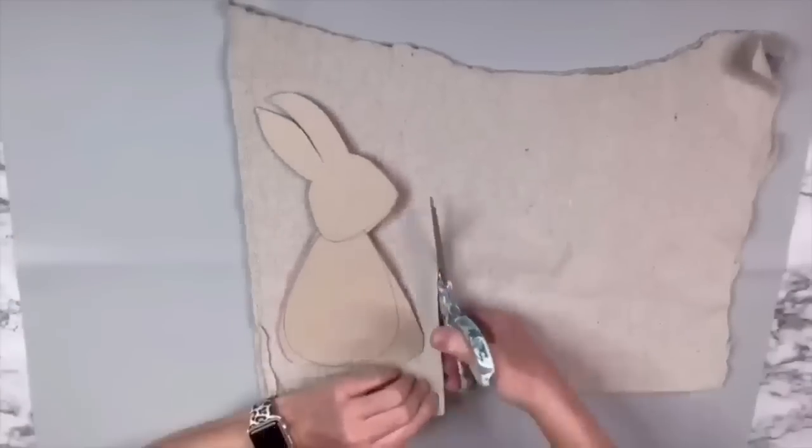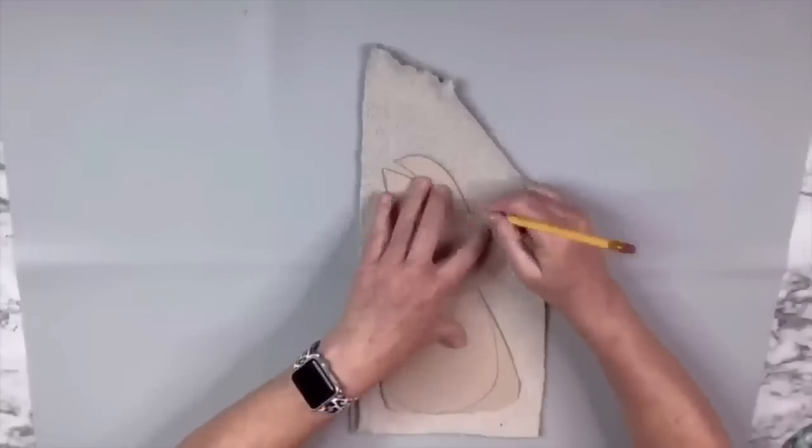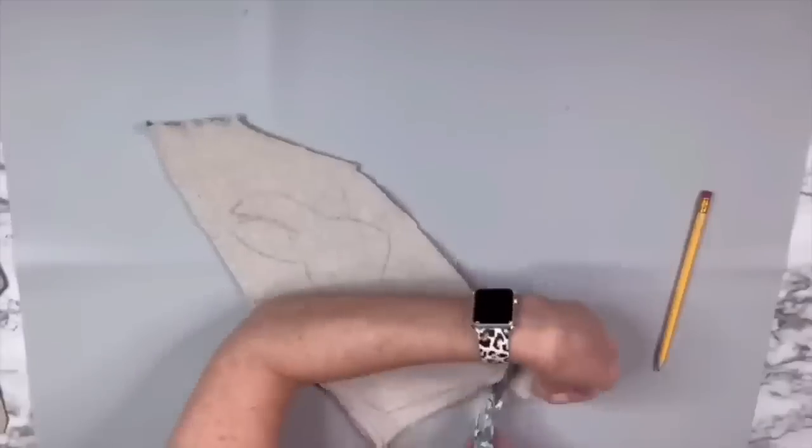You will love her. And then I'm using a piece of a drop cloth, and that gives it that kind of rag feel. I'm just going to trace the shape around it, and then I'm going to cut it out. And it's doubled over, by the way, because I do need two pieces. We're going to make it kind of a